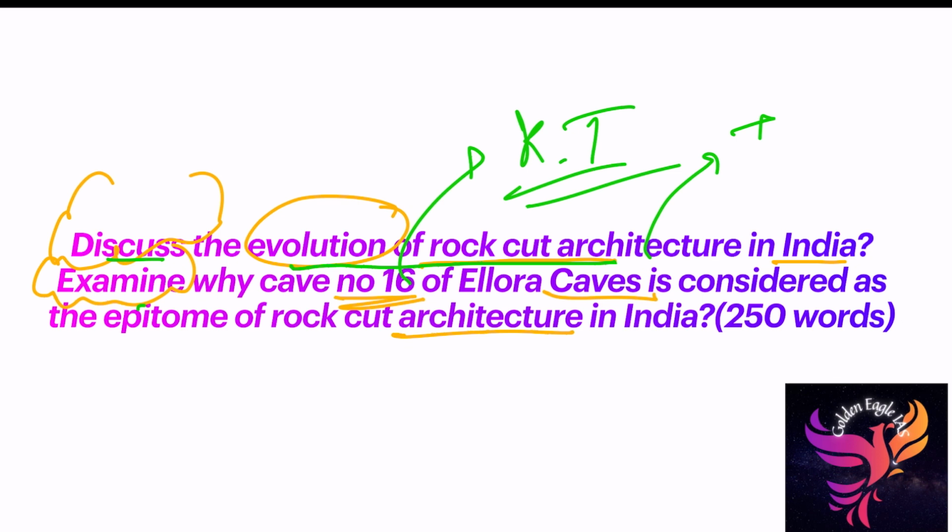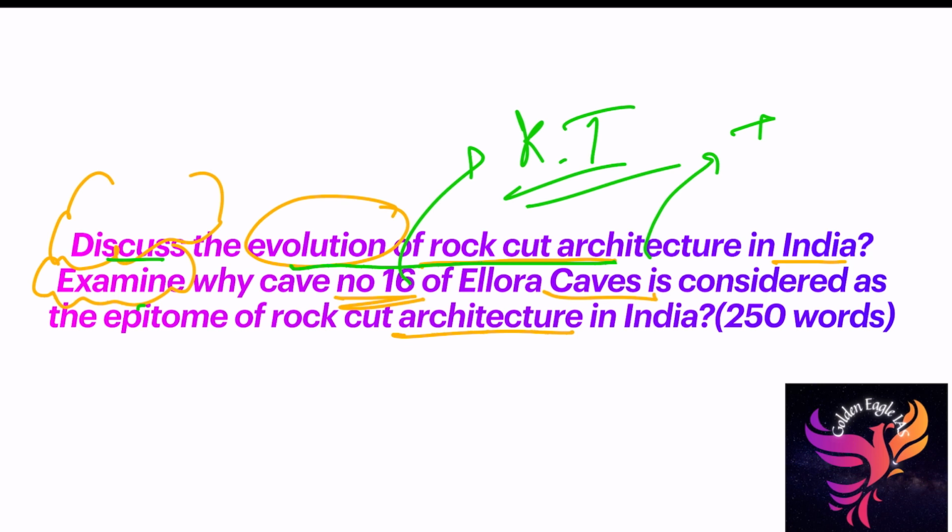Then Kailasanatha temple, which deity is located there? Lord Shiva. Then obviously there are epics, Ramayana and Mahabharata paintings, located in Kailasanatha temple. Those things you have to give. Then the divine musicians and Gandharvas, those sculptures were there. Just those are all stories, but you just have to manage it.